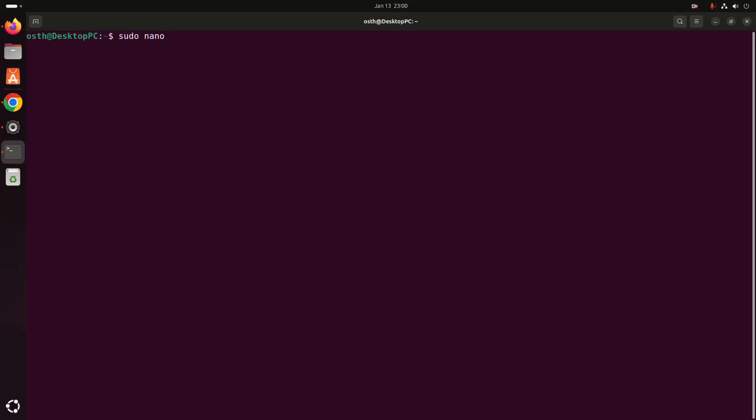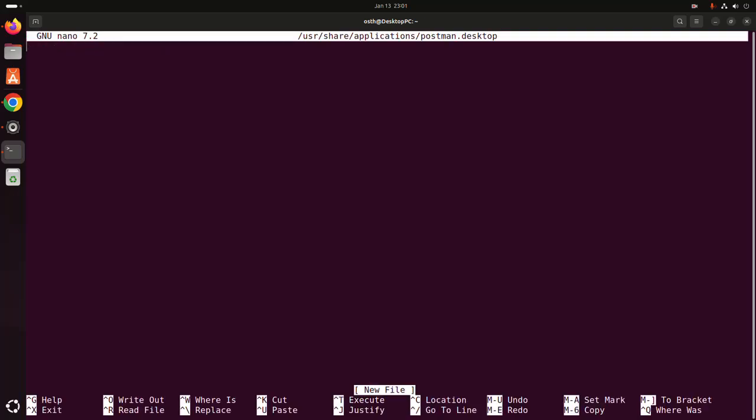This is the text editor, and then define the path where you want to create the desktop file and then write the Postman file name with the extension .desktop, then hit enter. Now enter the password for this user. Okay, now